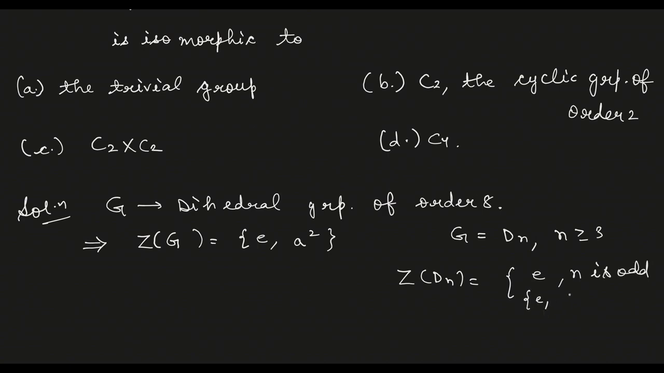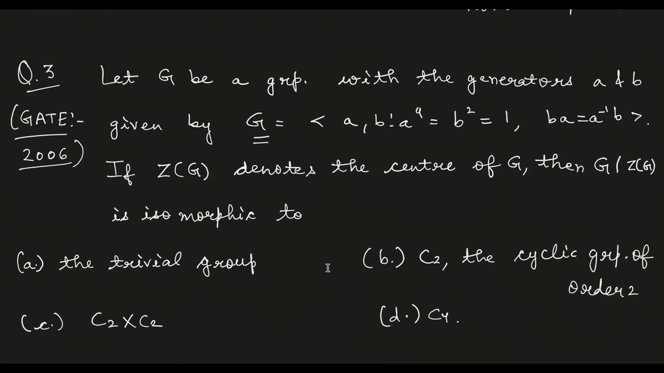x की पावर n/2। x वहाँ पे आपका क्या डिनोट कर रहा था? रोटेशन। x is rotation, then n is even. Here n is 4, so identity and x to the power 4/2, x square हो गया ना, तो a square यहाँ पे रोटेशन a डिनोट कर रहा है। ठीक है।